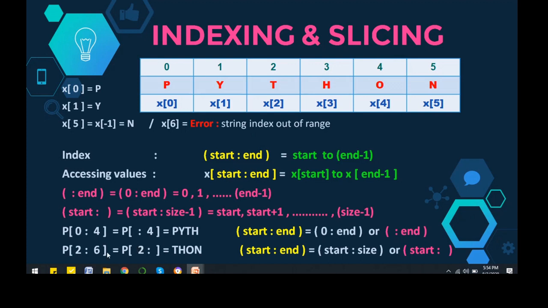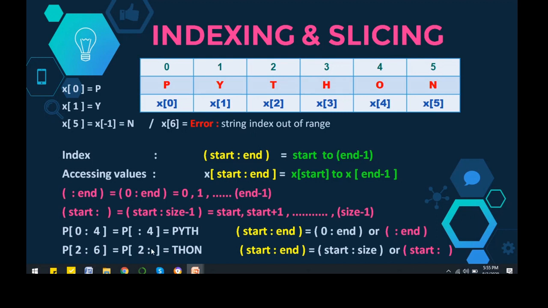Similarly here also, the last location will always be the total length of the string, or you can say size minus 1. So the indices provided here will be from start till size minus 1, right? The example is this one. If I have written 2 colon 6, what does it mean? It means the same, because 6 is not included. So it will range from 2 to 5, that is 2, 3, 4, 5.